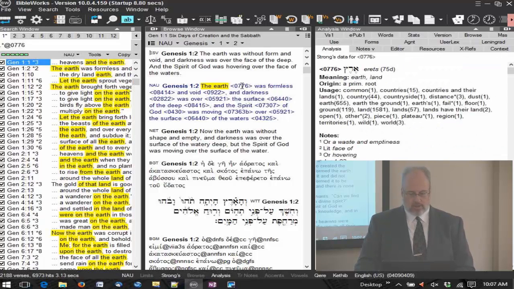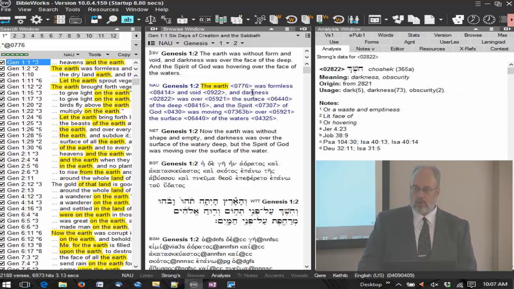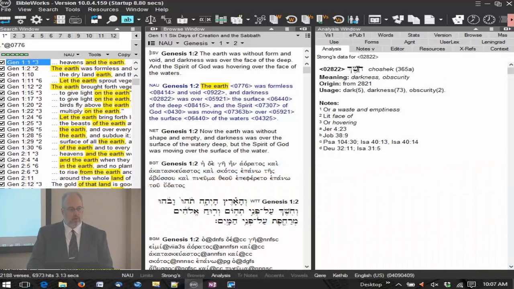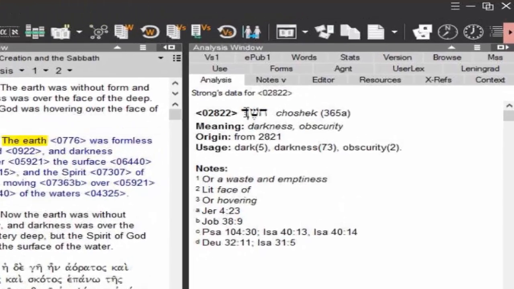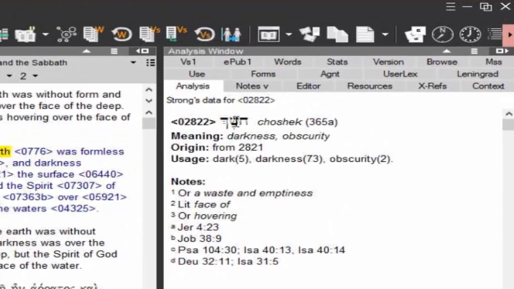Now, I'm going to go back to the Analysis tab in the Analysis window. I put my cursor over the words in the text that have Strong's numbers, I hold down my Shift key, and I come over here to the Strong's definitions. There's the Hebrew word. Now, I may be working in Strong's, and I may not necessarily even know Hebrew, but